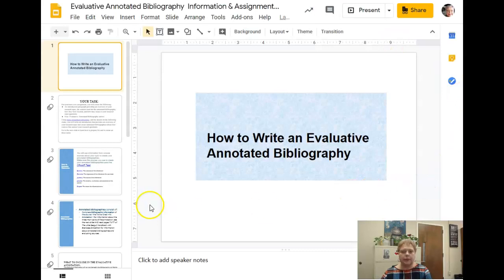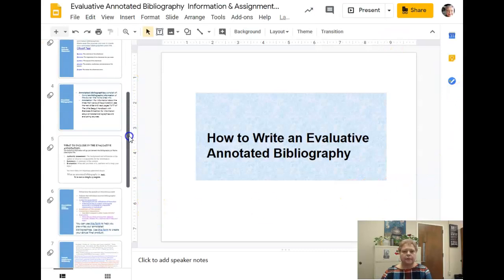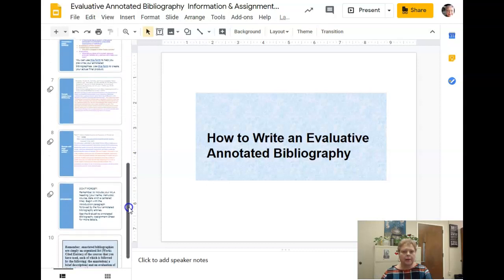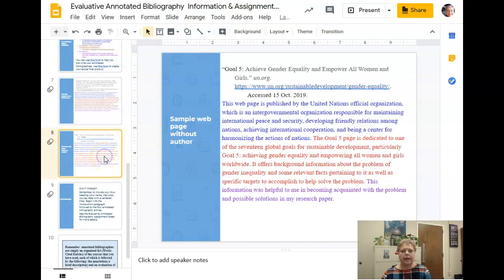And I'm going to show you how to do the paragraph this week also. Well, let's take another look back at the slideshow that you saw last week. I brought it down for this week. And let's just look at slide 8 that has the one that I did for you for the global goal. Of course, you would put your goal, whichever number it is, and the name of it,